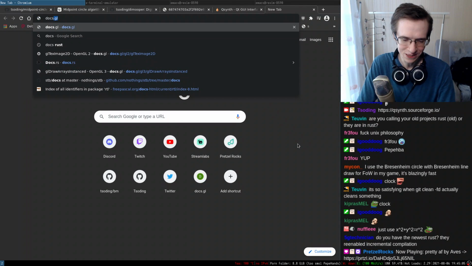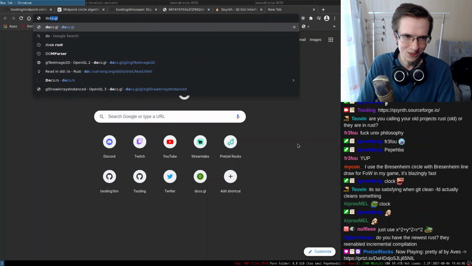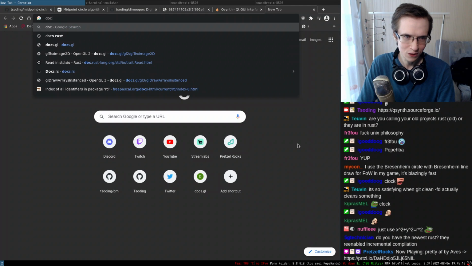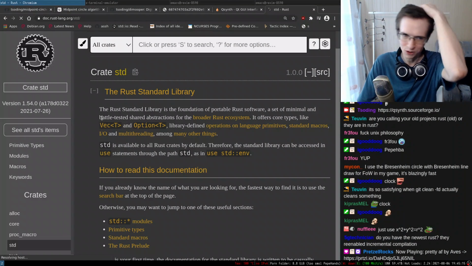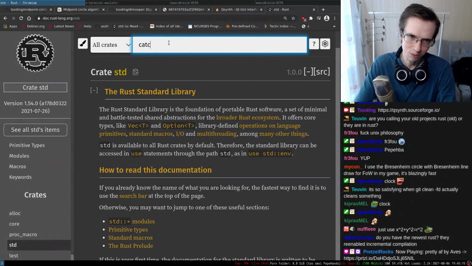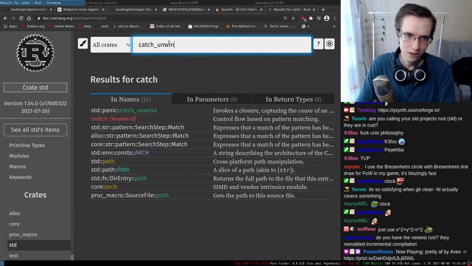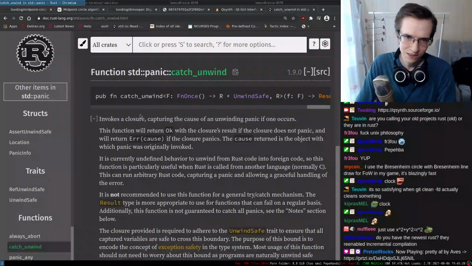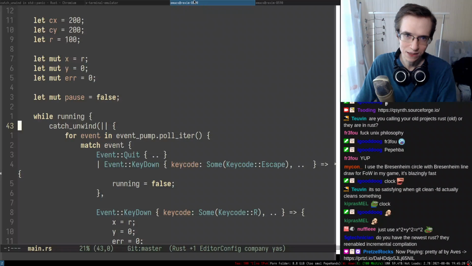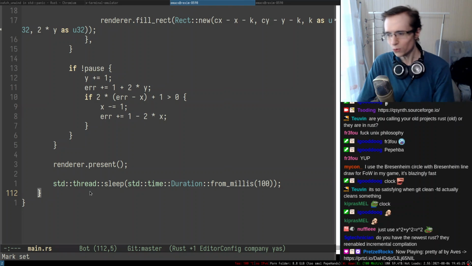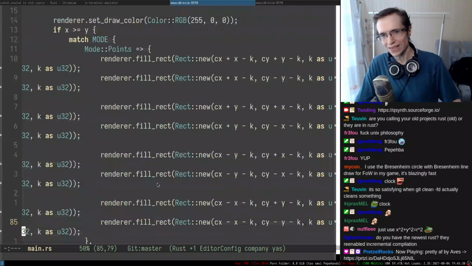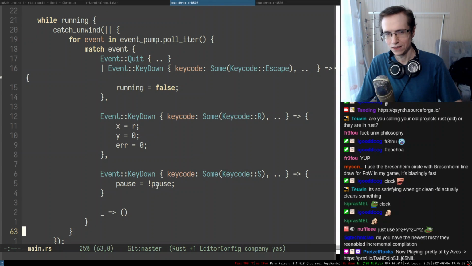Why did I do that in 2016? So, the Rust docs. I don't remember what catch unwind is. Maybe it's something that I basically copy pasted from the internet. Catch unwind. So it's something about panics, and basically it catches the panic. And why did I want to catch the panic? Because I wanted to suppress it. You know what? I think at the time I was an active Java programmer, and my Java programmer brain